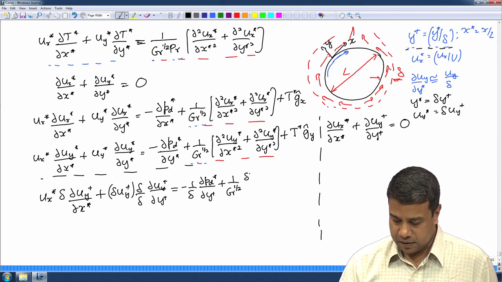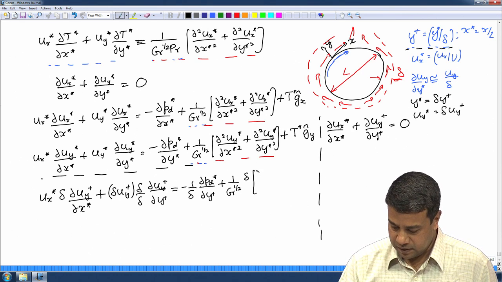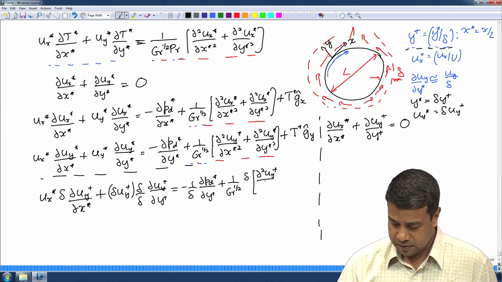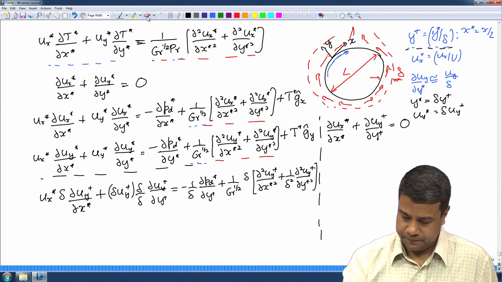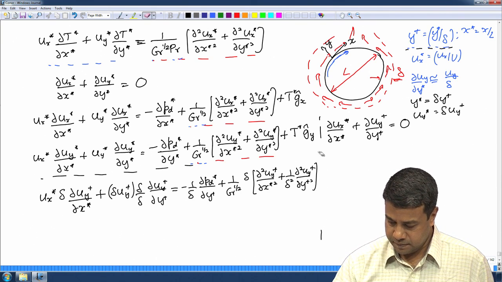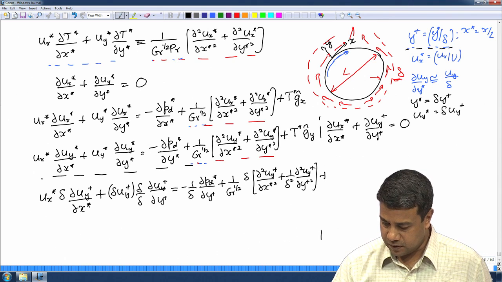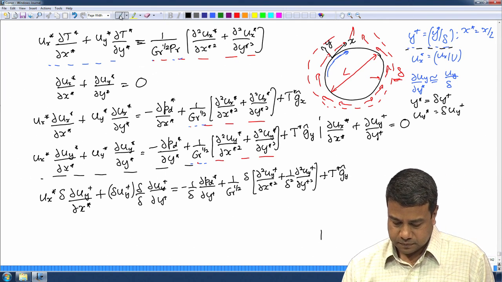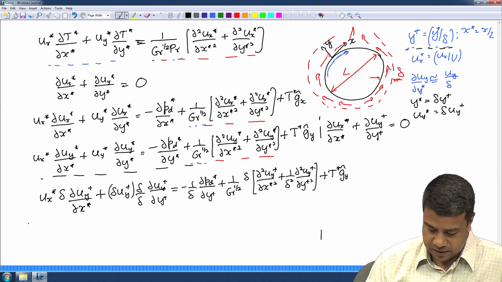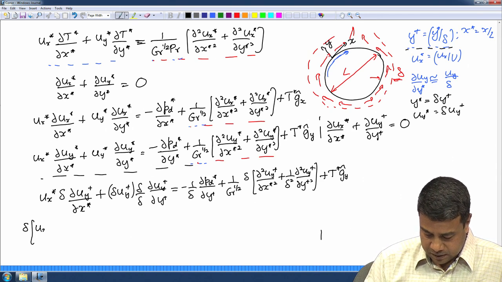I have a delta in the numerator when I write it in terms of y plus, and then I have the body force T star, the acceleration due to gravity in the y direction. Now, you can see that this equation reduces to delta into ux star partial uy plus